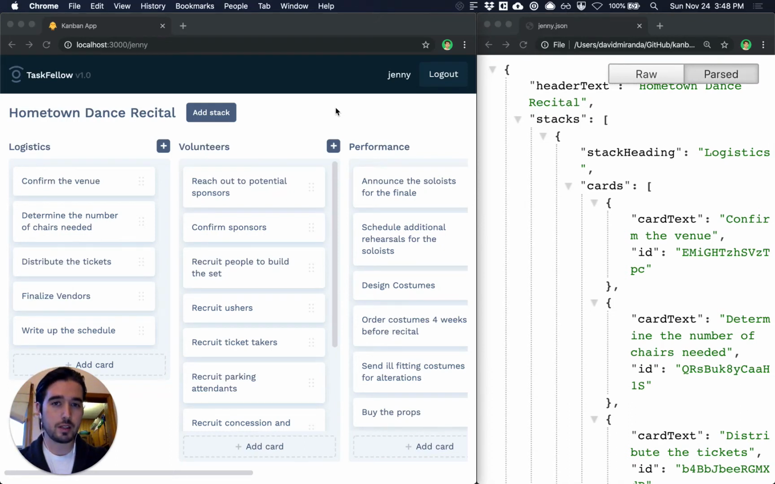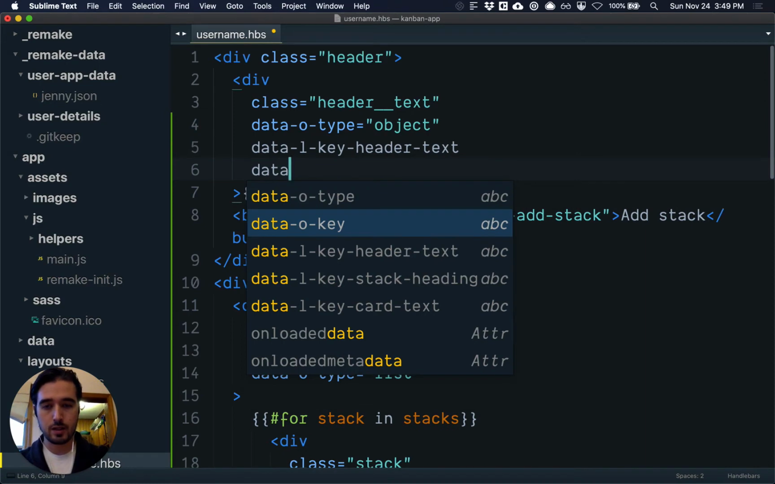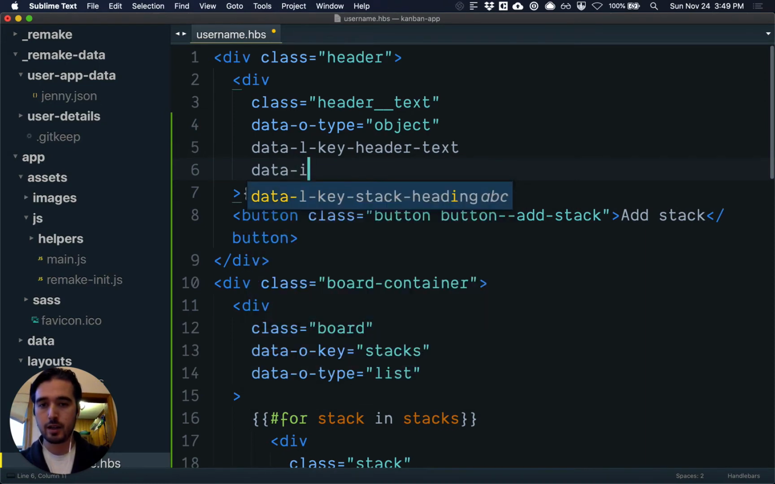In the last video, we learned how to render our page based on the data in our user database. This time, we're going to learn how to make this data editable from the page. So let's go into our HTML and edit this first element. We're going to add a new attribute called data-editable,